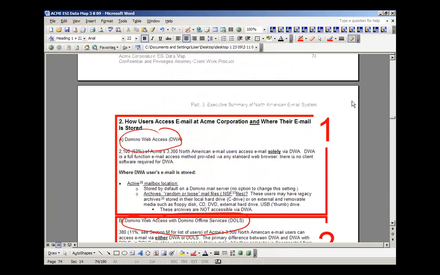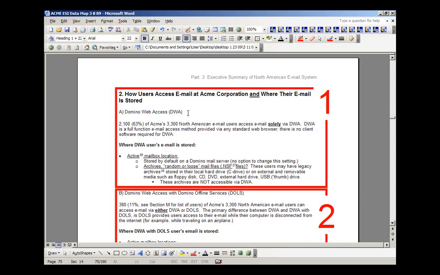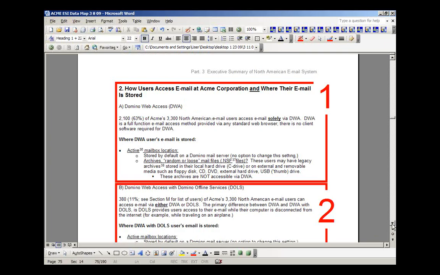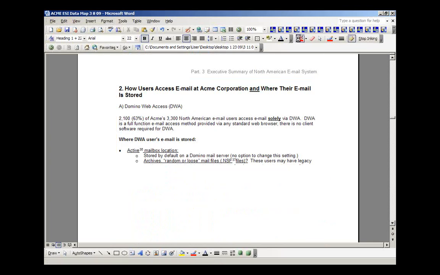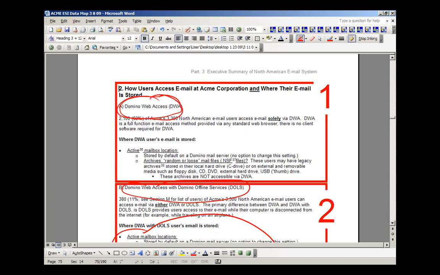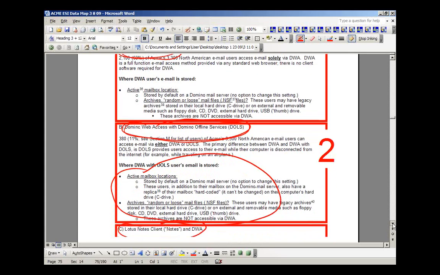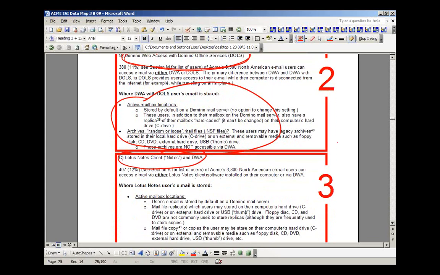But I'm going to stop here at one of the critical points, which is where users store email and how users access email. And in any given situation, this is not going to be a standard sort of one-size-fits-all. Every organization is going to configure their email differently. So here what you see is I've got Domino Web Access is one set of users. I've got Domino Web Access with something called DOLS, or Domino Offline Access. And then if I scroll down a bit further, you can see there's a user population that accesses email through